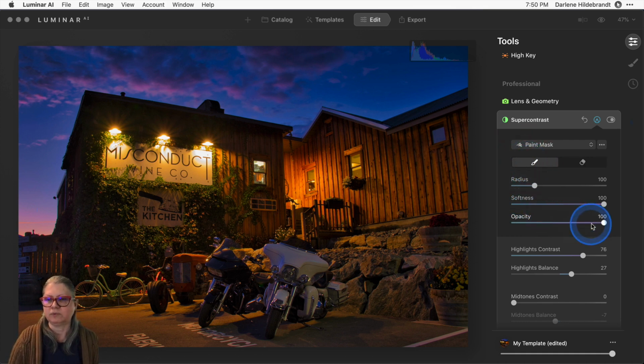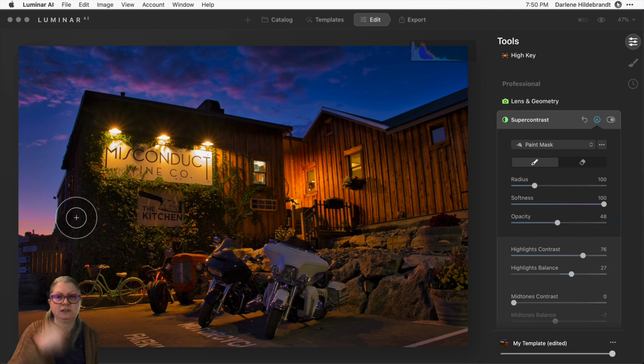I'm going to lower the opacity a little bit, and that's always generally a good idea because then you're just painting it in layer by layer. Like you would if you were painting a wall or a room in your house, you don't take the paintbrush, dip it in and get a big glob. You take a little bit of paint and you do a light coat, then you come back and you do a second coat later. So it's kind of the same idea, you build it up. So I've got my opacity set under 50.